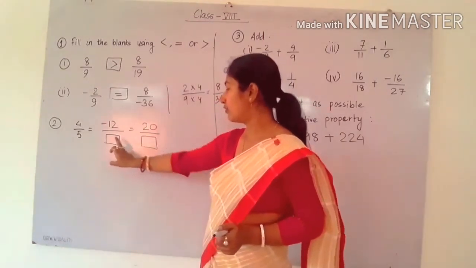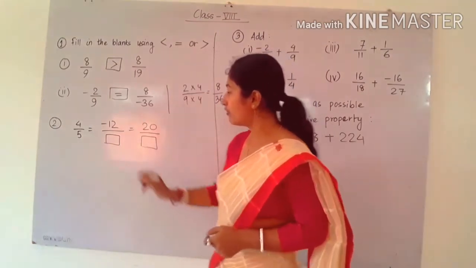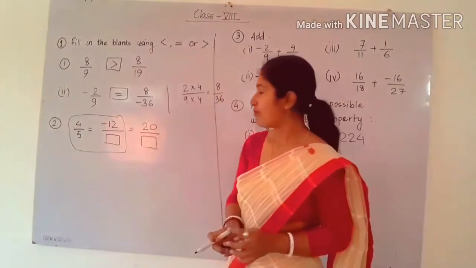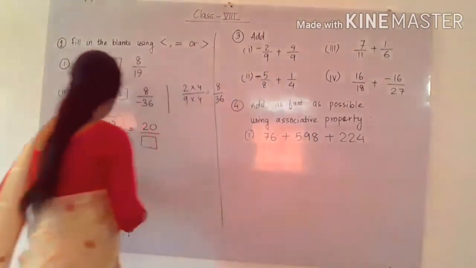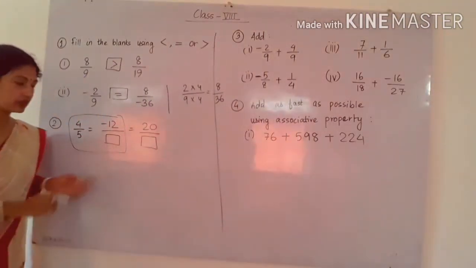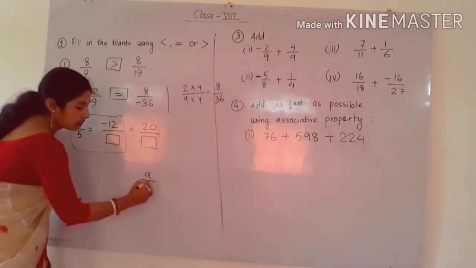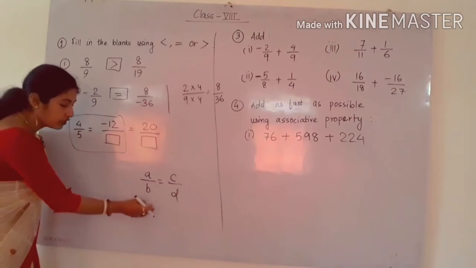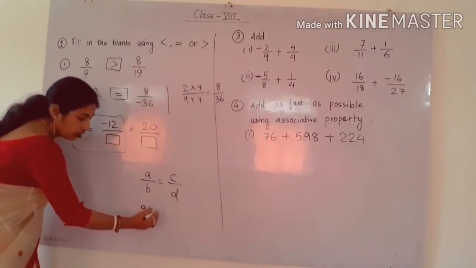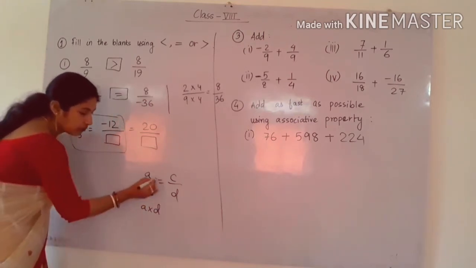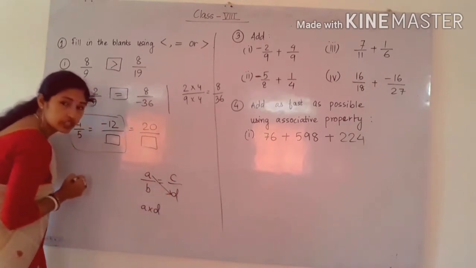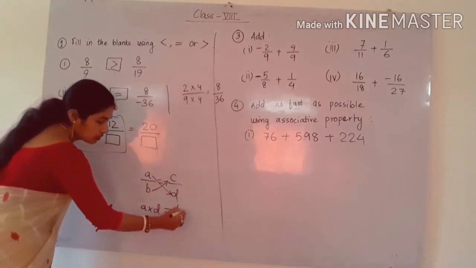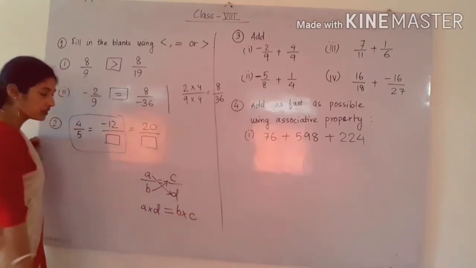So by which number do we have to fill this blank? First of all, we have to take the first 2 rational numbers. Already you know, if this rational number is equal to this rational number, that means if A by B is equal to C by D, from this what can we write? We can use the cross product method. So what is the cross product method? You have to multiply A with D. This will be equal to B into C. Already we have studied this in our previous class.